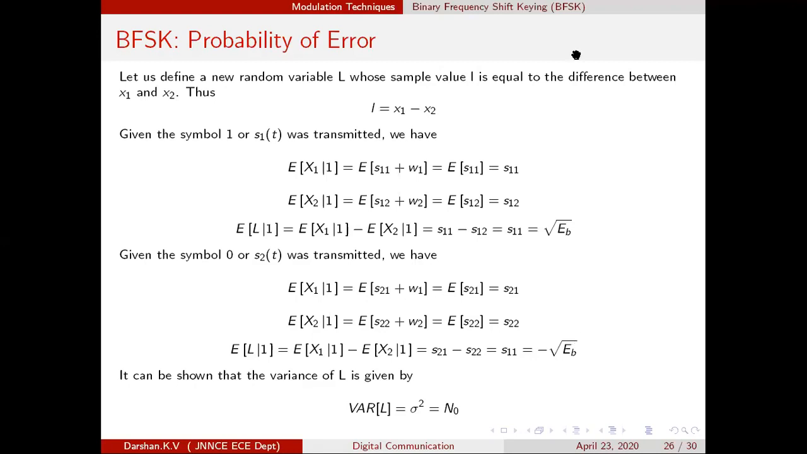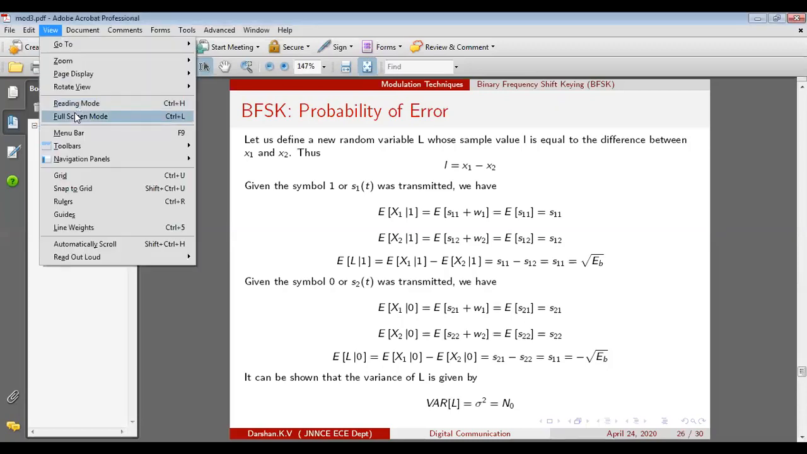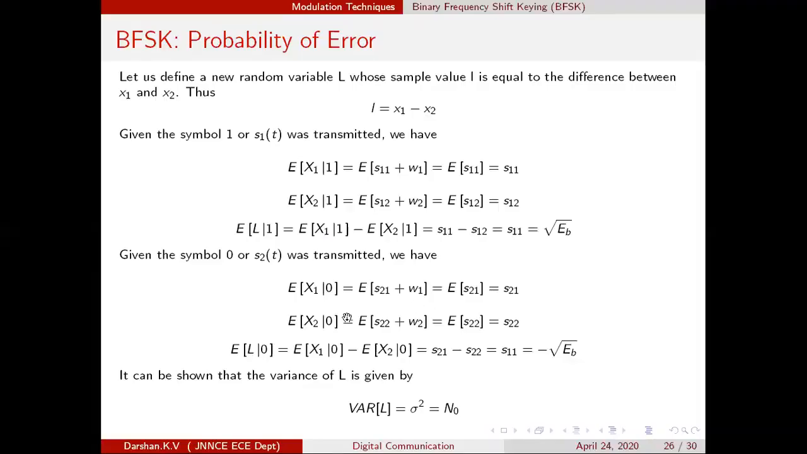Okay, I have corrected the mistake. Here you are supposed to write it as 0. That editing I had done, that's why I paused the sharing for a while. Okay, so now